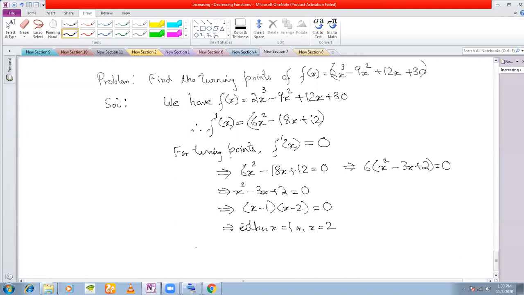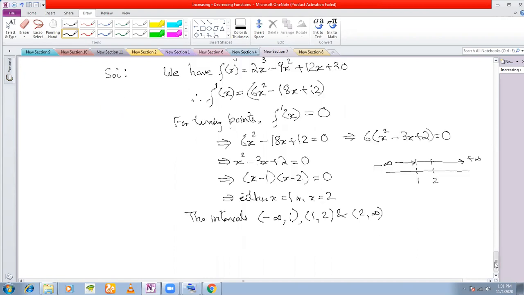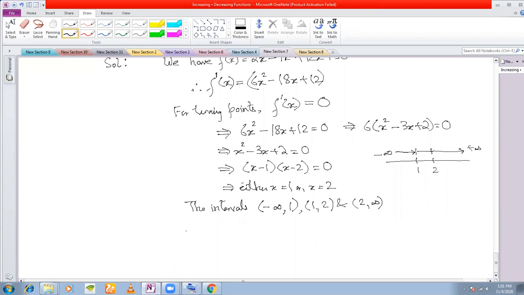So that means now what are the intervals? From 1 and 2. Why only 1 and 2? This is your line, minus infinity, and this is your point 1 and this is your point 2. So from minus infinity, first you move till 1. So this is the first interval you make. Then from 1 to 2 you make the next interval. And the third interval that you make is from 2 to infinity. 3 intervals you are getting. So you need to check the function in the 3 intervals.